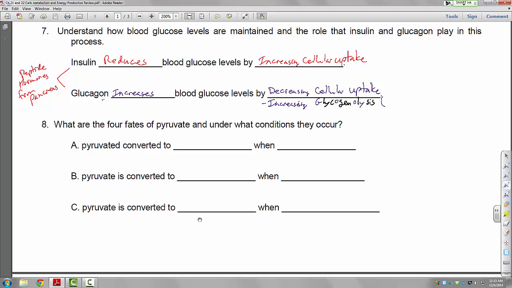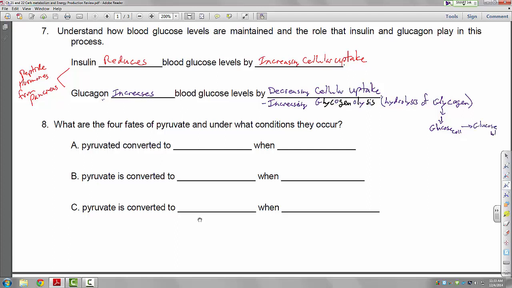This glycogenolysis, this is the hydrolysis of glycogen. So glycogen in the cells is broken down into glucose. That's glycogenolysis. And then the glucose in the cell is exported to